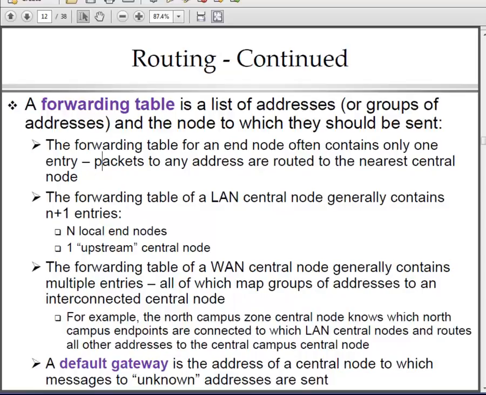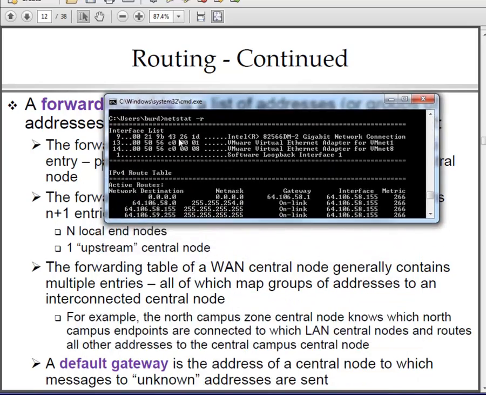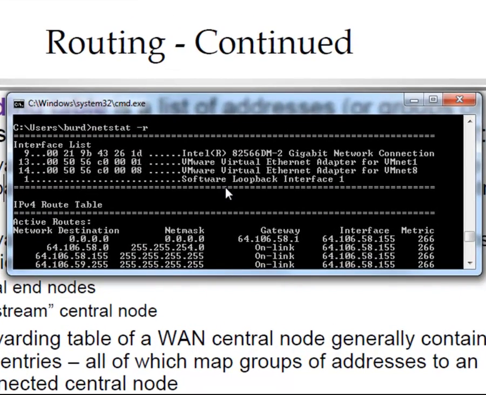And I'll show you an example of that right here. Here is the printout of the routing table, or a portion of the routing table, for the computer on which I'm preparing this video. Ignoring this interface list part, let's just look at this part that says IPv4 route table. You'll see there are 4 entries in here, but realistically there's only one that matters. Note the network destination